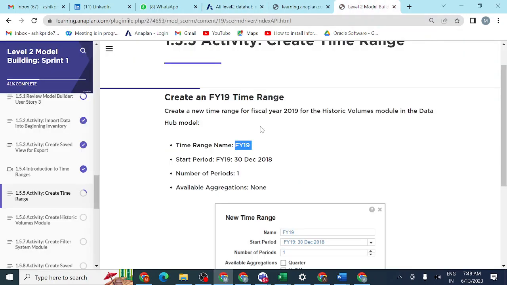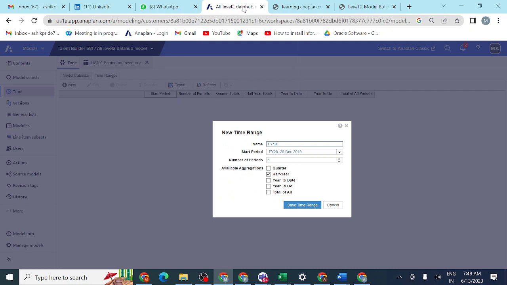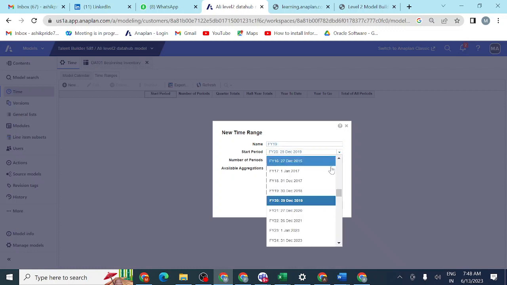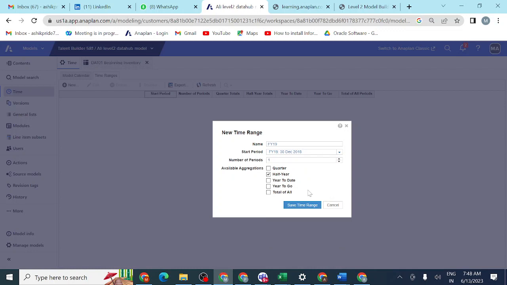The start period is December 2018, you can see December 30, 2018. This is your start period. Number of periods is 1.